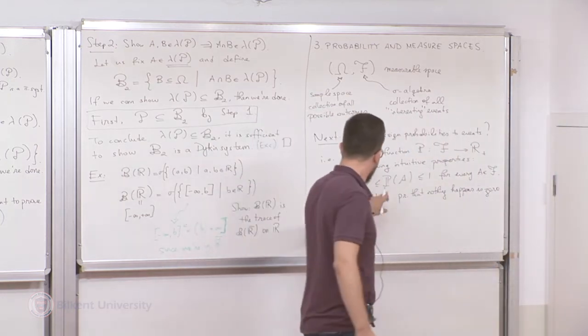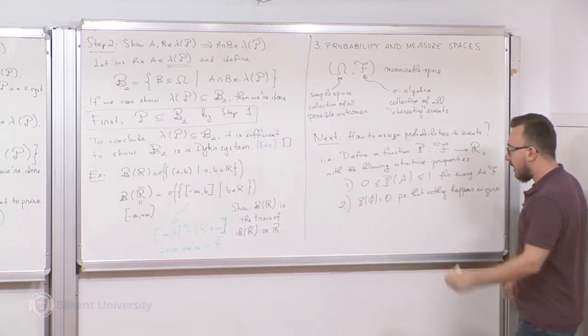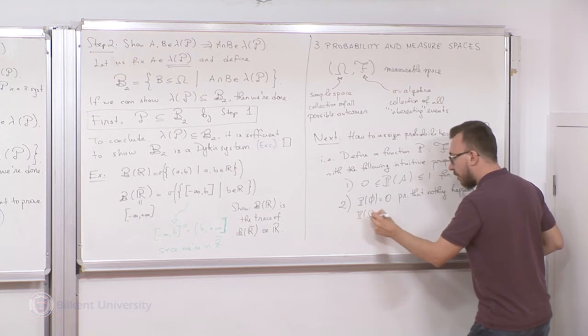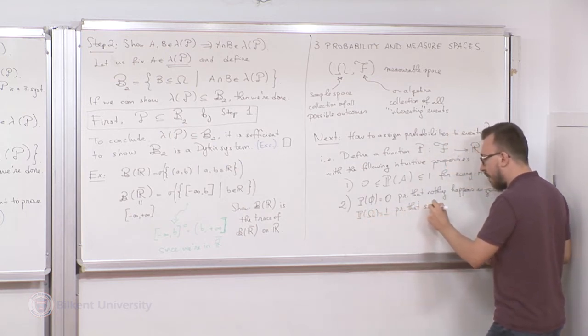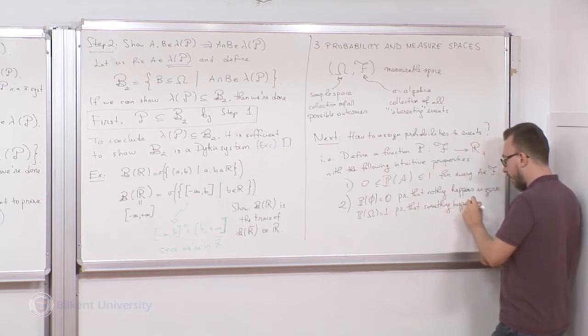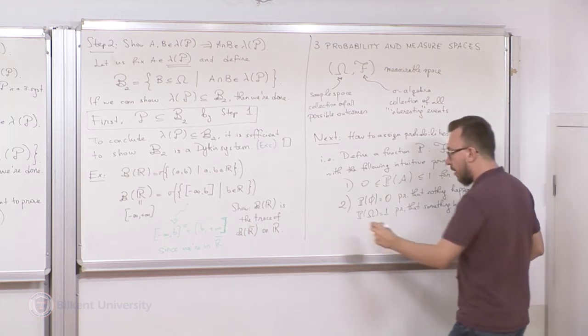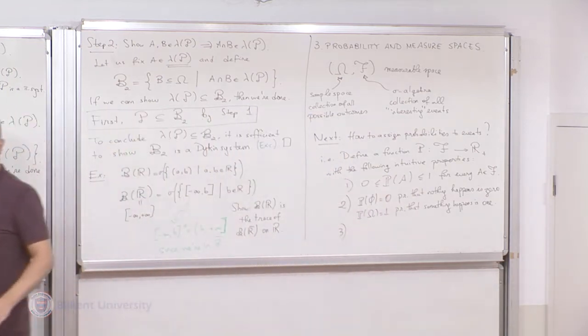Or did I write it wrong? Oh, yeah. 0, not 1. Sorry. And there is the other one, of course. Probability that something happens is 1. What else? We have something like